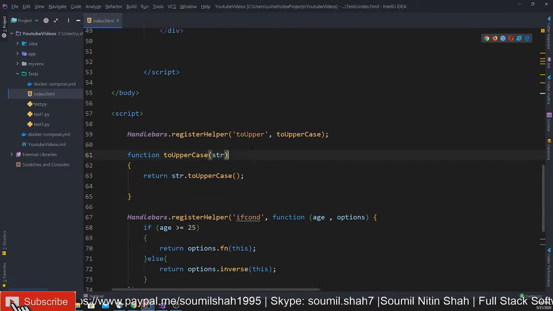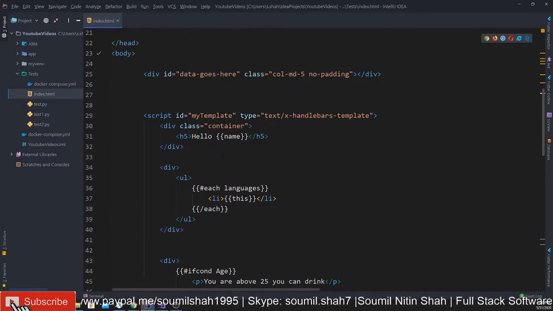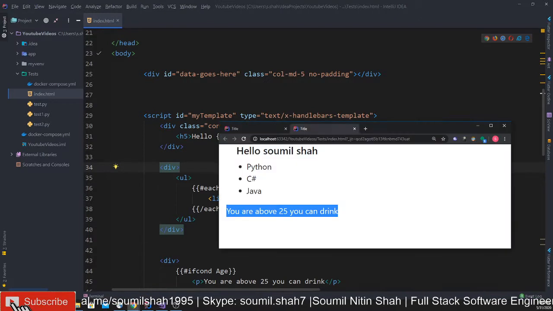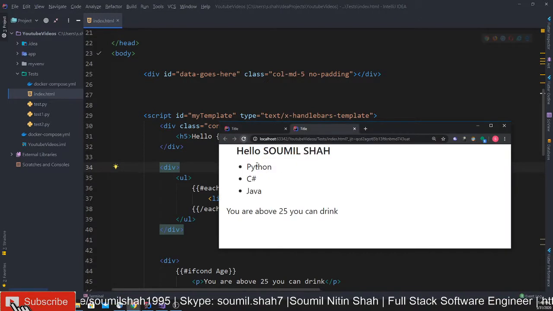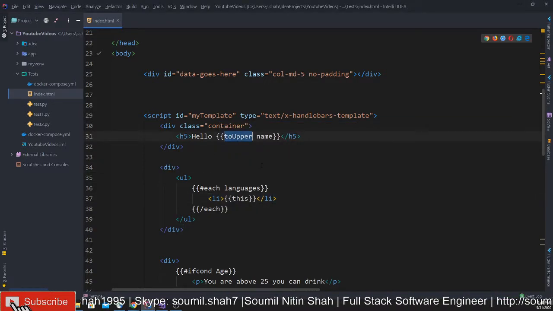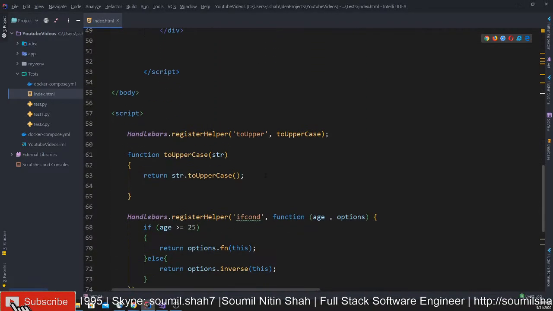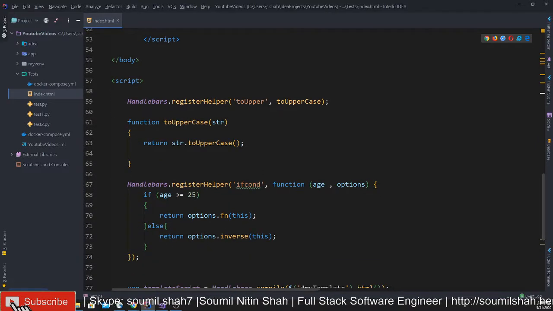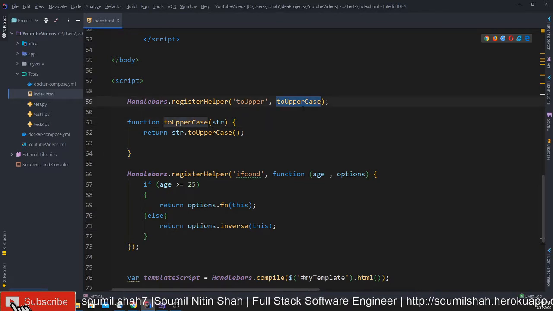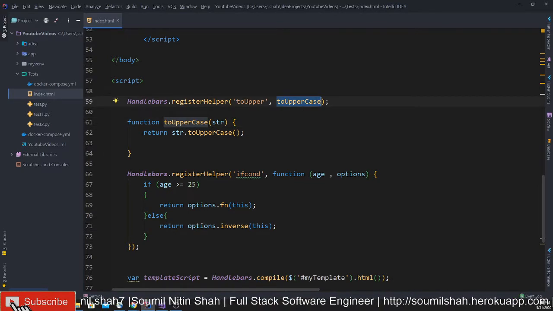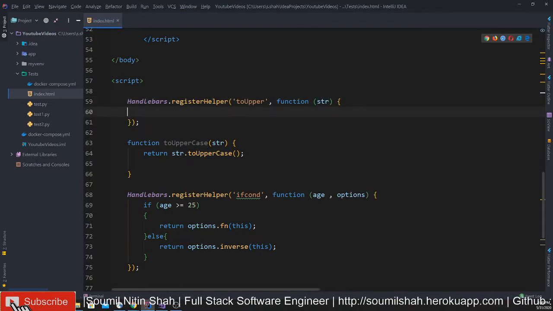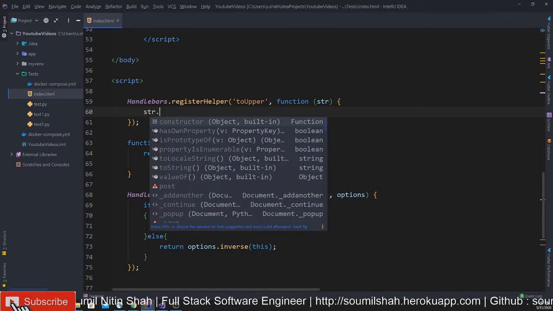Now in order for this to work, I'm going to go to the name. I'm just going to add this, save it. Let's try it out. So here you can see everything got converted into uppercase, right? So simply by writing this. What I could have also done is, guys, if you don't like this, you can actually write a function here, but this is how I usually write it. You can say function str. Of course you can do that. I mean, there's no harm in doing this.